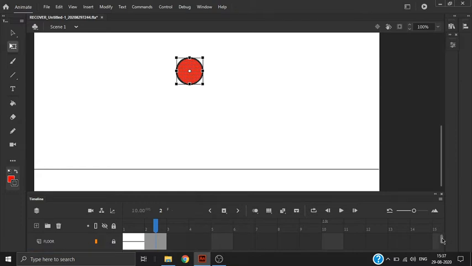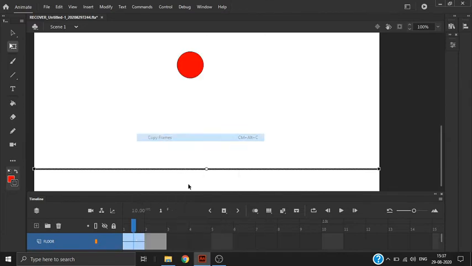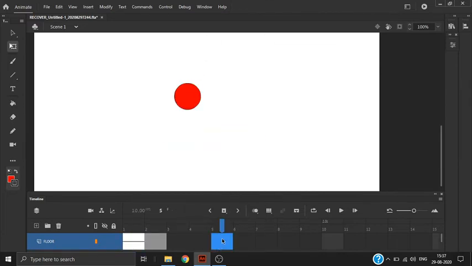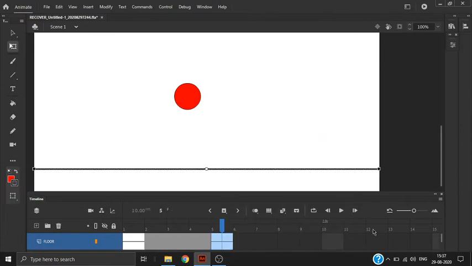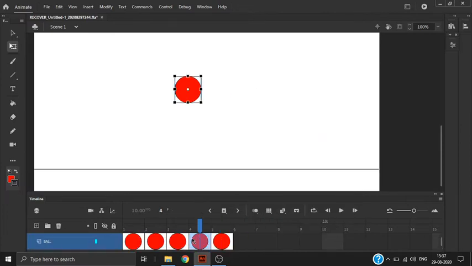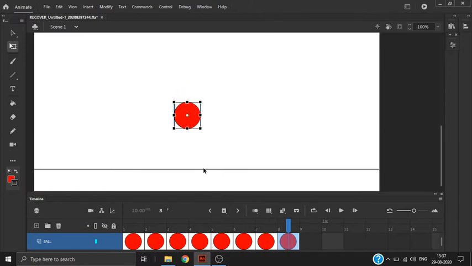One second, I'm getting a problem here. Just unlock this, copy this frame, and add wherever you want. Okay. Paste frames, and now you will not get any problem. I will not speak in this part because it's very easy to add frames and keep on adding the next posture of the ball.